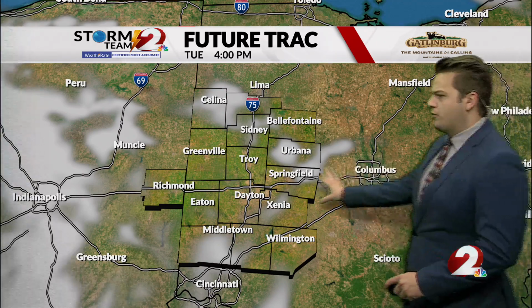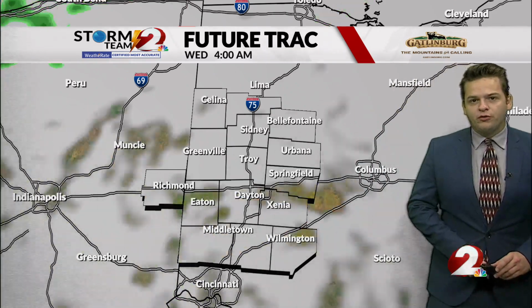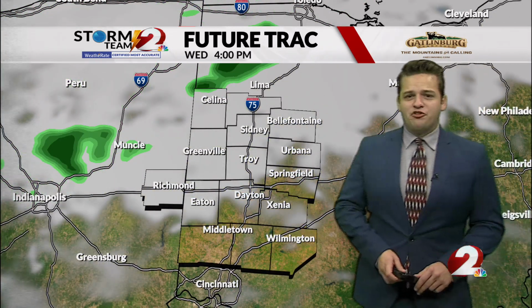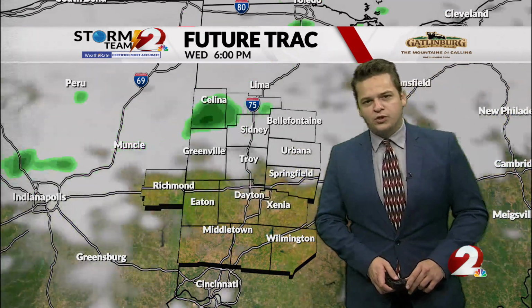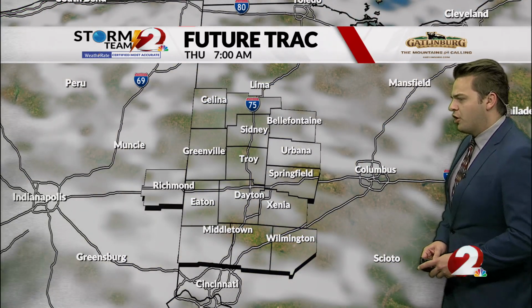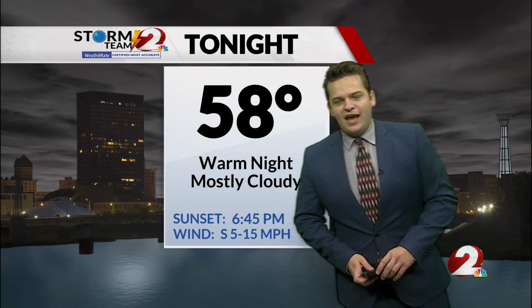Future track going through the nighttime. We'll see those clouds continuing to add on here, and it will be cloudy through the overnight hours. Tomorrow we'll see times where we'll see some of that sunshine, but also cloud cover, and there's that chance for a shower or two. Not a washout, as I mentioned. We could just see some light showers here going mainly through the afternoon. And then going into Thursday, we'll see some more mostly cloudy to partly cloudy skies